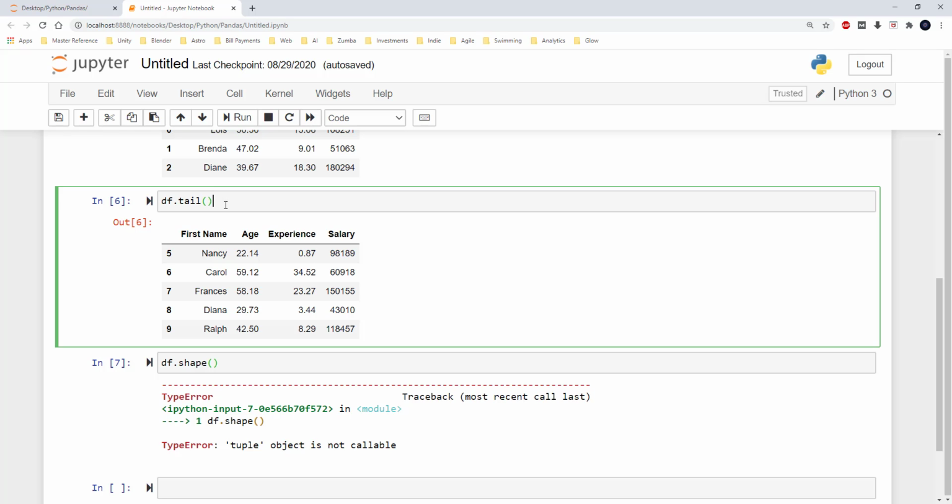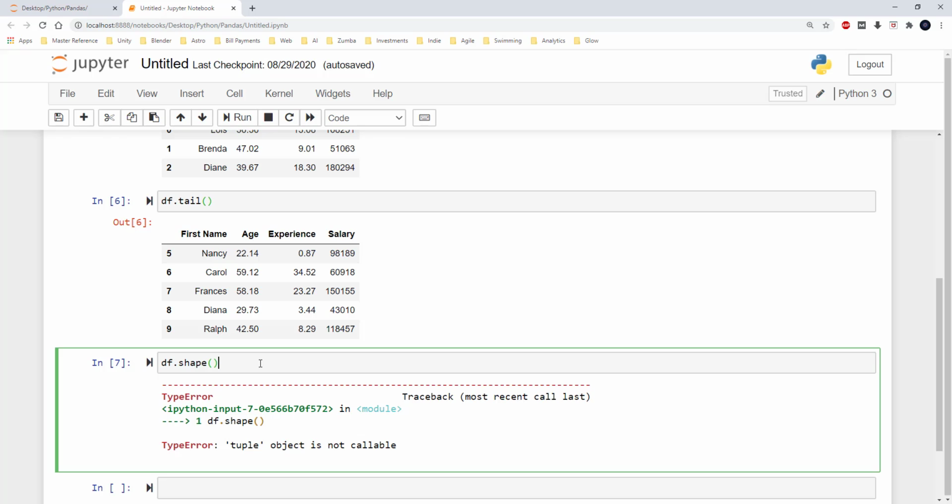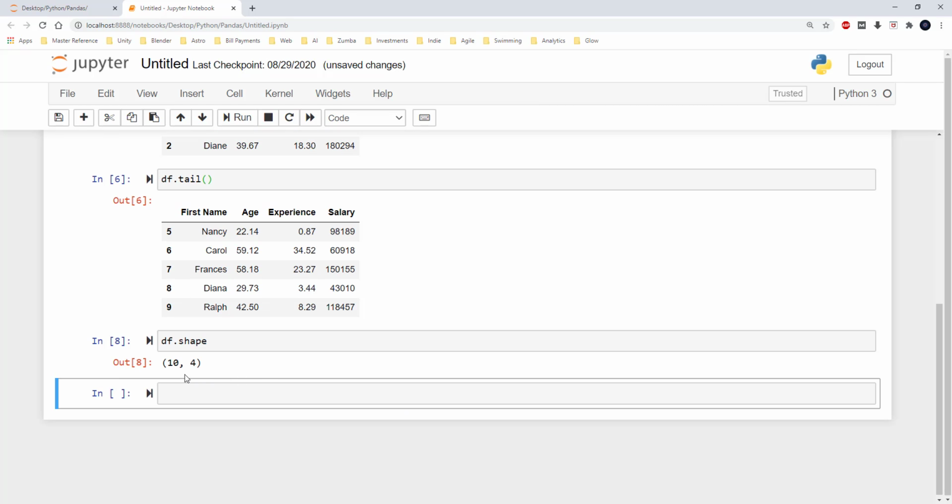So it can either fetch the data from a data frame or it can do some modifications to the data frame. But df.shape is an attribute of a data frame, and it does not need brackets. Now if I run it again, I get 10, 4, where 10 is the total number of rows in the data frame and 4 is the total number of columns in the data frame.